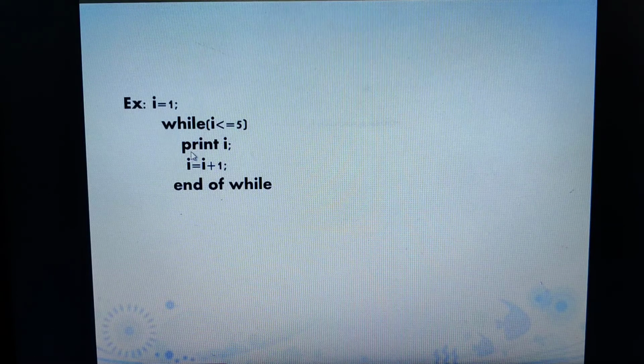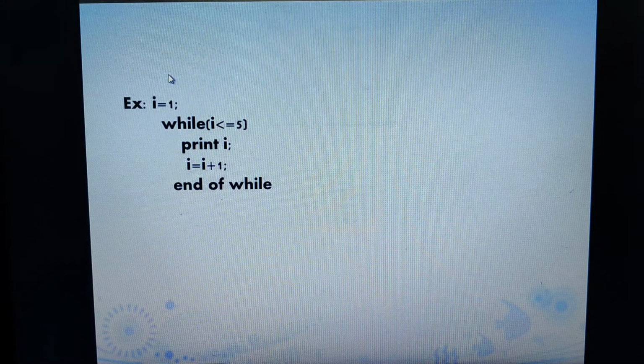These statements, print I and I equals I plus 1, keep repeating until this condition fails. Once this condition fails, the control goes to the next statement, out of the while structure.